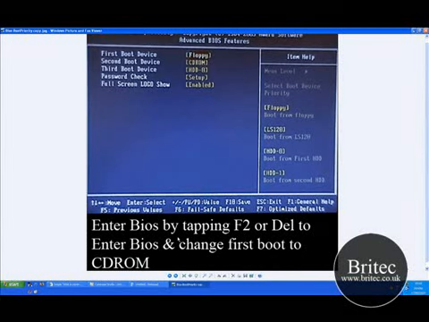So whatever way you get into the BIOS, use it, get in the BIOS, and make sure the first boot device is set to CD-ROM. This is set to floppy obviously, but it needs to be CD-ROM. Okay, once you've done that,